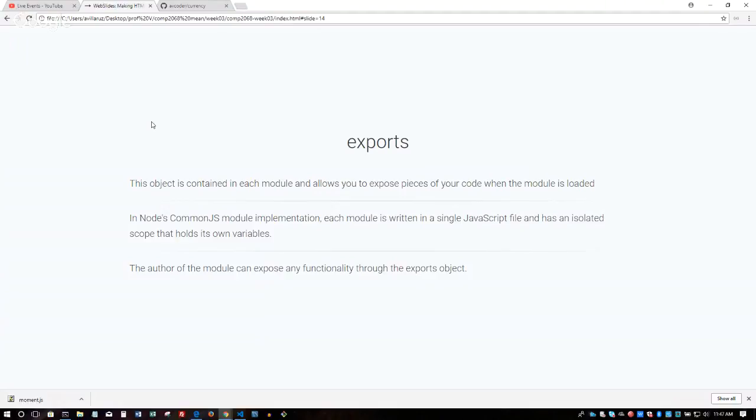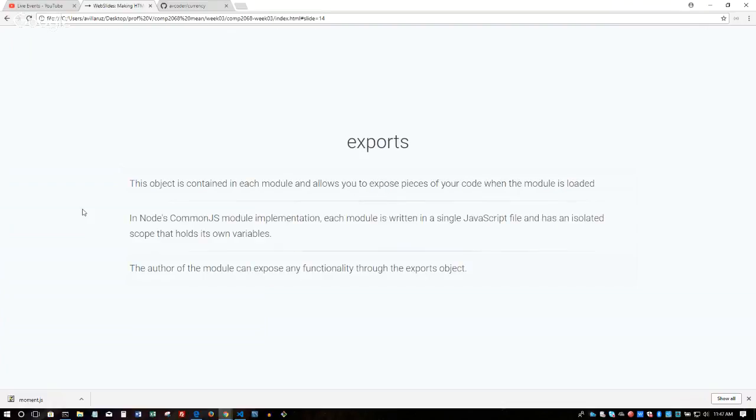So CommonJS is the module implementation, which allows you to require different modules. And the important thing to note is that each module, whenever you write a module, it actually has an isolated scope. So even if you have the same variable name as another module's variable name, it won't affect it. The author of this module can expose any functionality through the exports object.